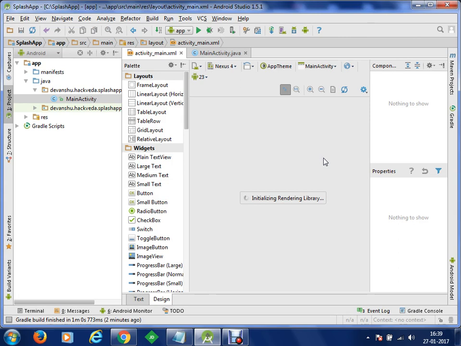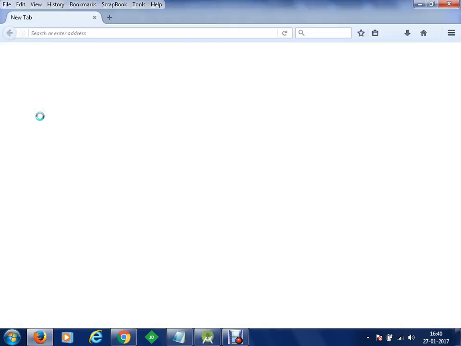In the design menu, I would like to display an image. So before proceeding any further, I would like to add an image first to my design. I would like to add a music file as well. So let's get the resources first. To get the resources, I'll go to my website, or I'll go to google.com for images. I'll just take one image which I'm going to set as a background or anything, and I'll take one music file as well. I'm going to add both the resources to my res directory in my Android project, and then I'm going to design this.